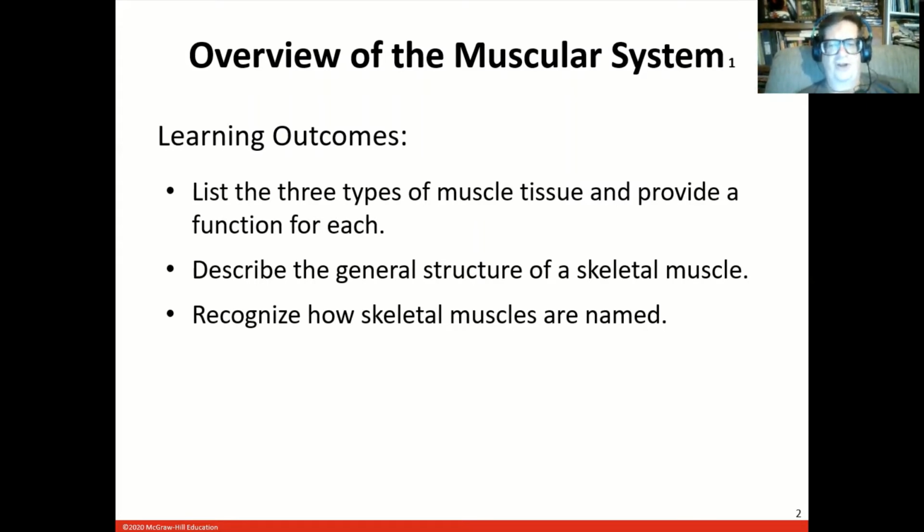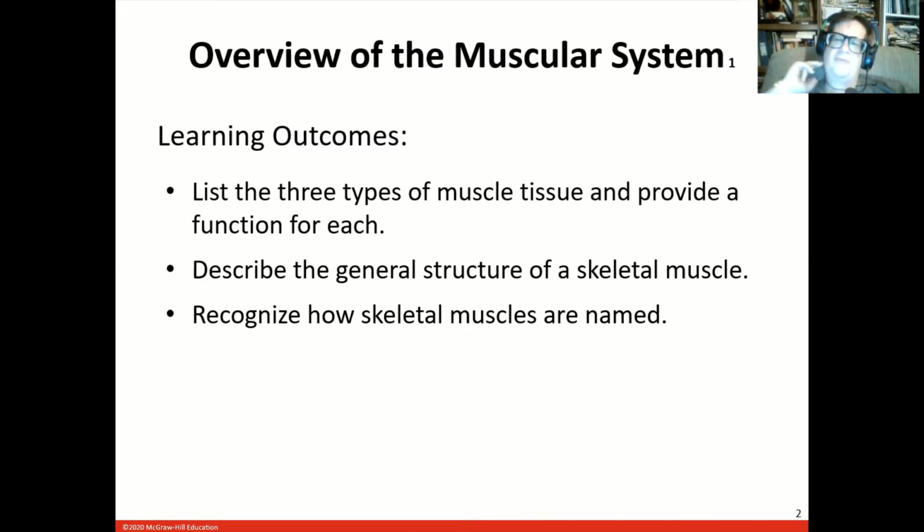That is also true of the heart. You can't control the heart. So cardiac muscle is involuntary. Anyway, describe the general structure of a skeletal muscle. This is where we're going to talk about myofibrils and stuff like that. And we'll talk about how muscles are named. A lot of them are named based on where they're attached to bones, starting at the origin and going to the insertion. An example of that would be your